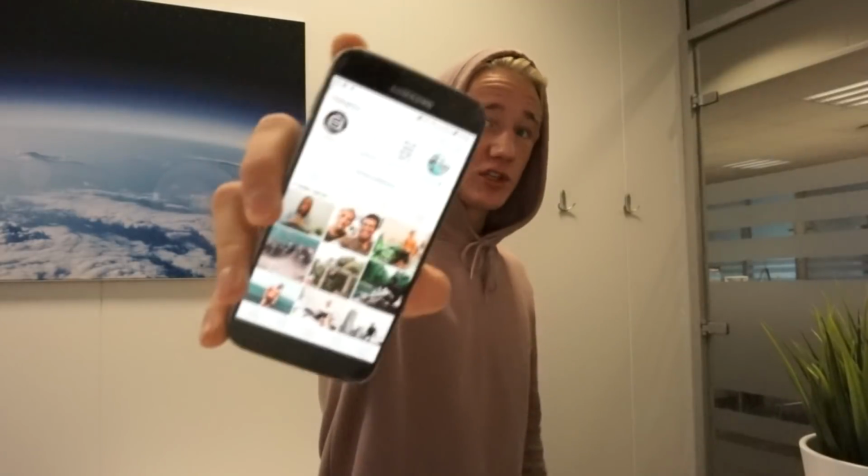Now, before we do anything, before we do research on hashtags, we need to go to our profile and check on something first. So I'm on my profile right now, as you can see, and I'm gonna scroll through and look at each individual image. I'm gonna look at the likes and the comments on each specific image. I'm going to calculate this and figure out the average amount of likes that I get after X amount of time.